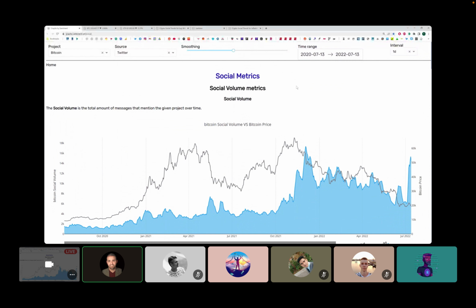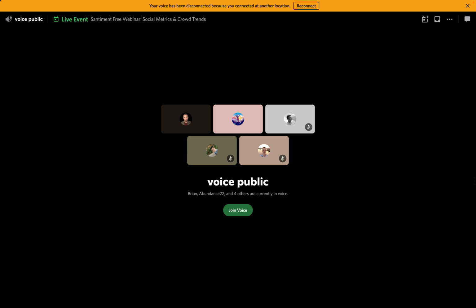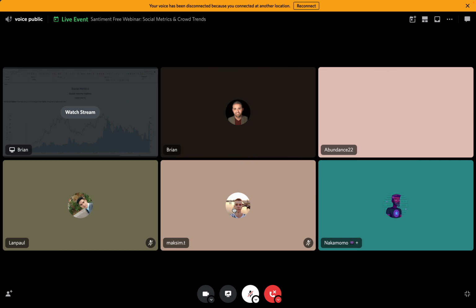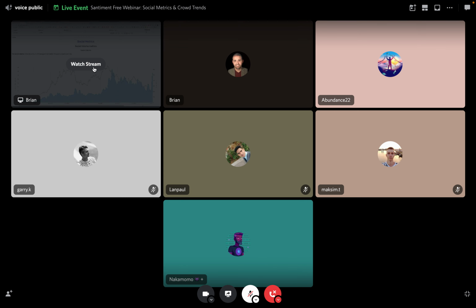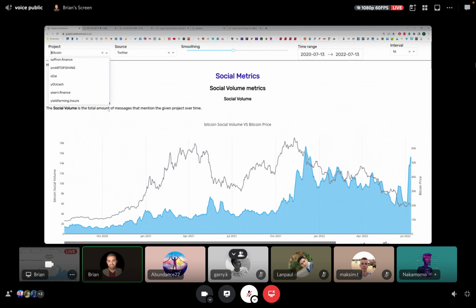appearance. Many of you understand how this works, but it's actually quite interesting when you're seeing a lot of jagged edges on some of these data points. It can tell a story a lot better for things like weighted sentiment and stuff like that. And then you can, of course, also switch between different sources, because all of our social data is coming from Twitter, Reddit, Bitcoin Talk, and then